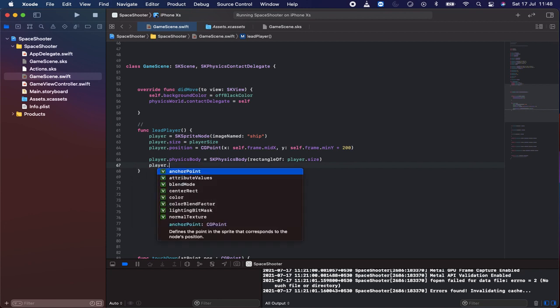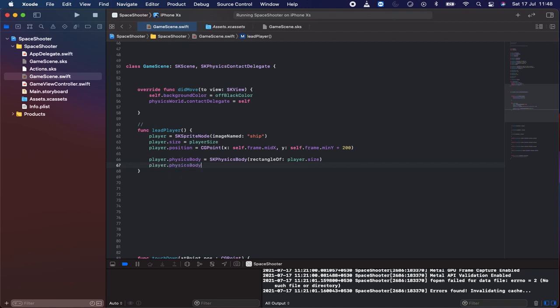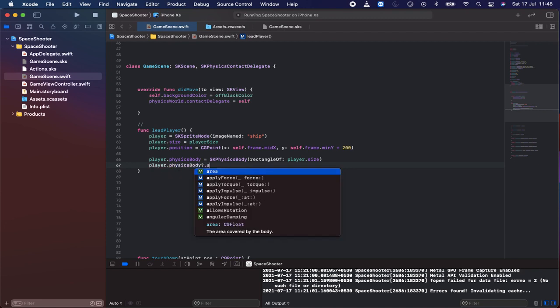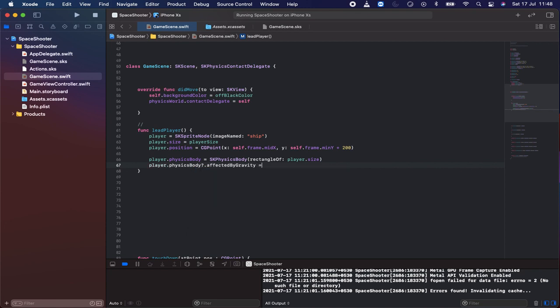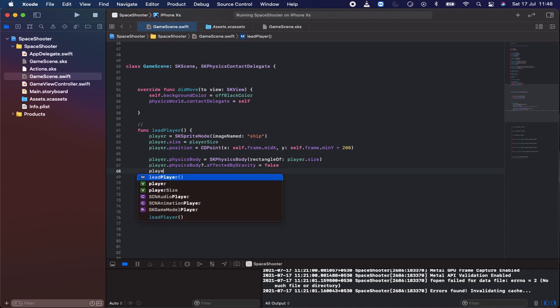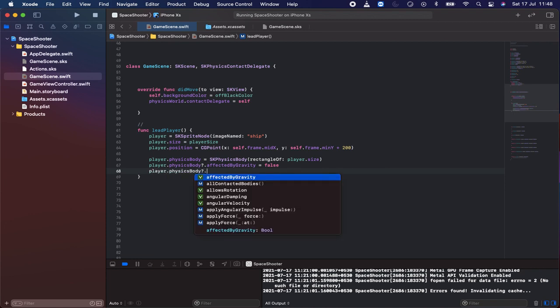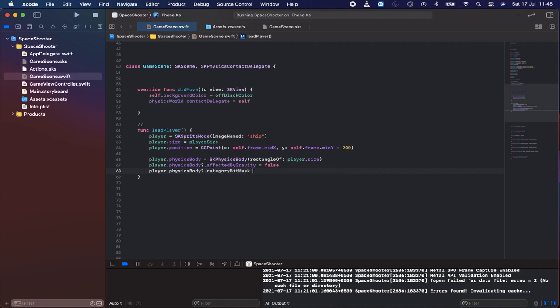And then player.physicsBody, I need to add some of the effects. It is affected by gravity. Let's say false. And player.physicsBody categoryBitMask,